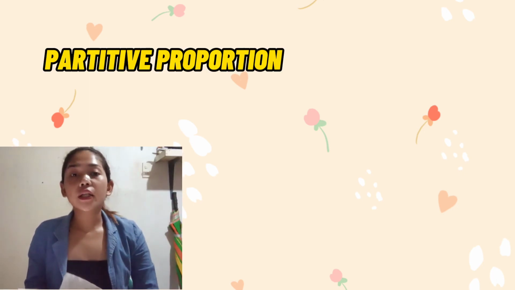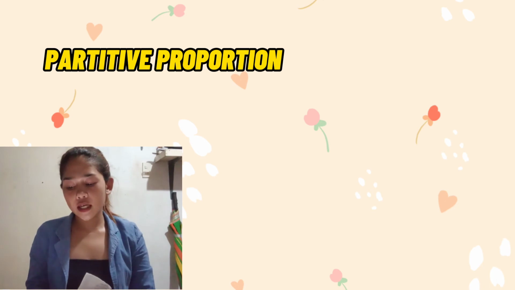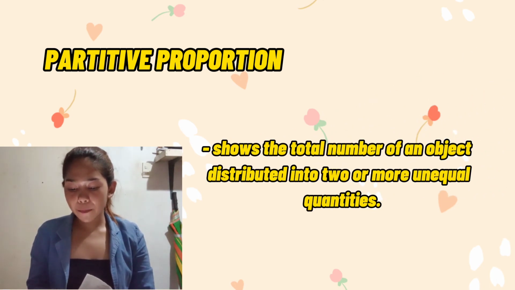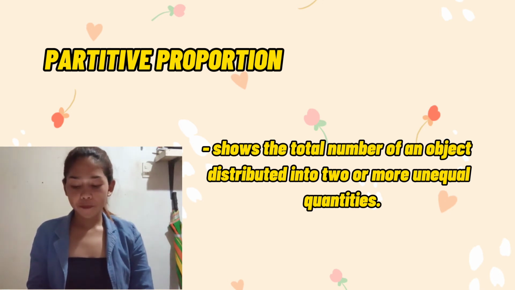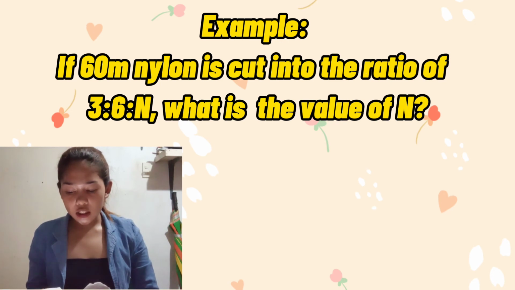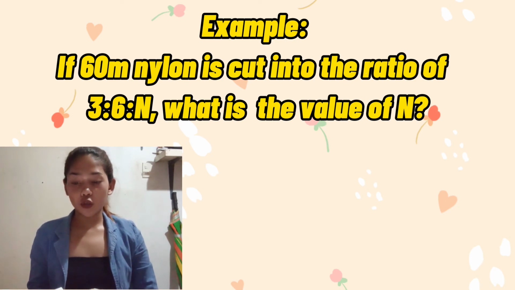Okay? And last is the partitive proportion. Okay? So, partitive proportion shows the total number of an object distributed into two or more unequal quantities. Okay? So, for example, if a 60-meter nylon is cut into the ratio of 3:6:n,